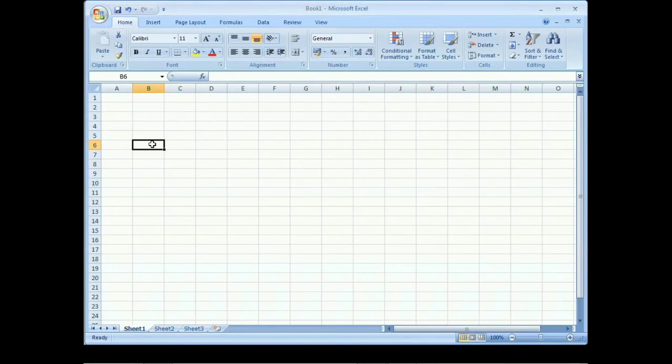Suppose I want to start typing from this place. This area is called an active cell, and it is highlighted with a dark border. That means B3. So B3 is the cell address and this place is the active cell.